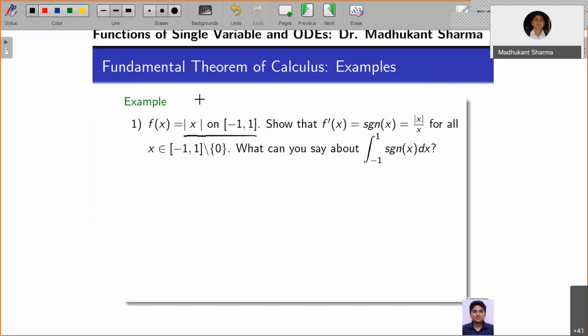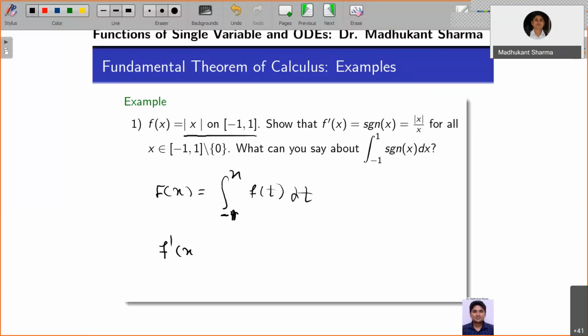Okay, so the function is continuous everywhere on the interval -1 to 1. The first form implies that the capital F, defined as the integral from a to x of f(t) dt, is differentiable. Here a is -1, so the integral from -1 to x of f(t) dt is differentiable. Now it is easy to show that the derivative of this function, F'(x),